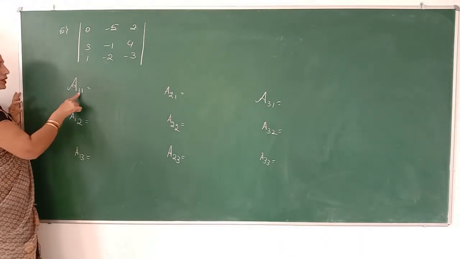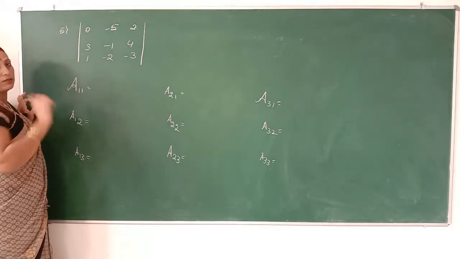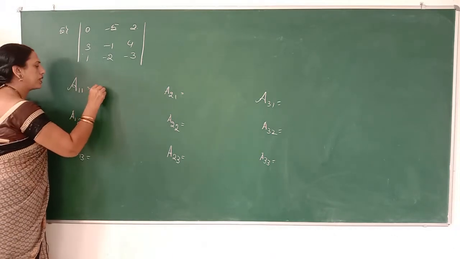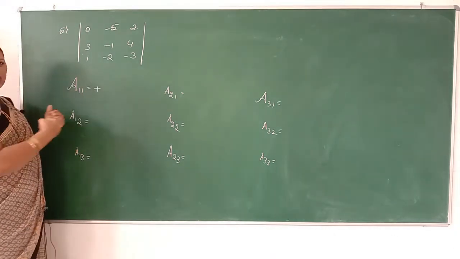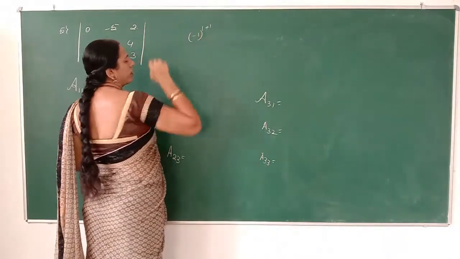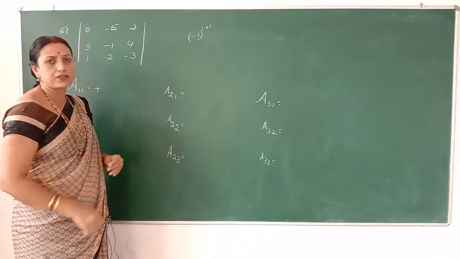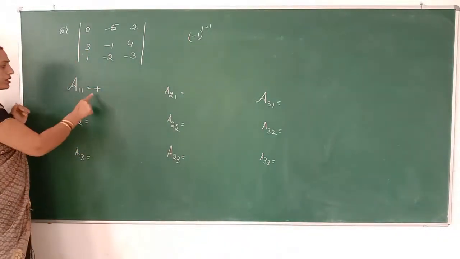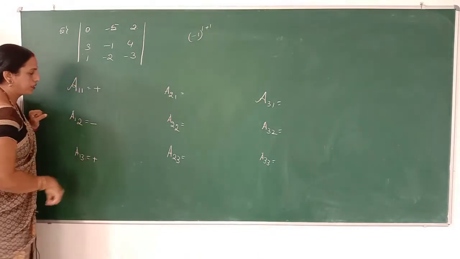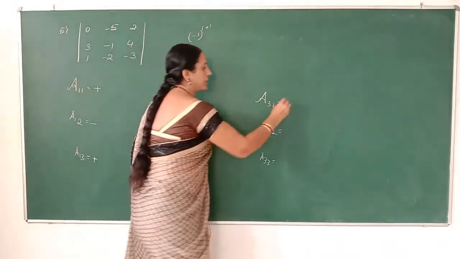Now the first one, A11, means the cofactor of the first element. The first element is multiplied with plus. Directly it can be written using the alternating sign, otherwise by using the formula minus 1 whole to the power of 1 plus 1. But it's not necessary to mention this for all the elements of the matrix. So directly it can be multiplied by the alternating sign: plus, minus, plus in the first row, minus, plus, minus in the second row, and in the third row